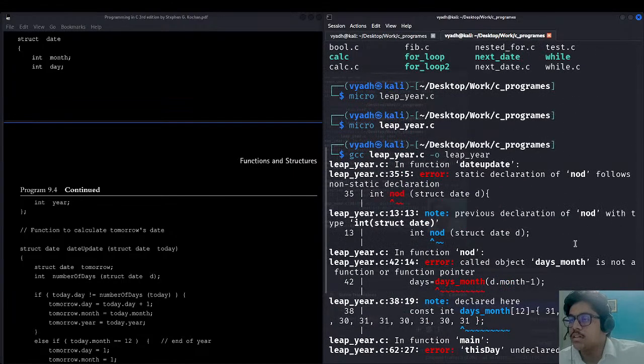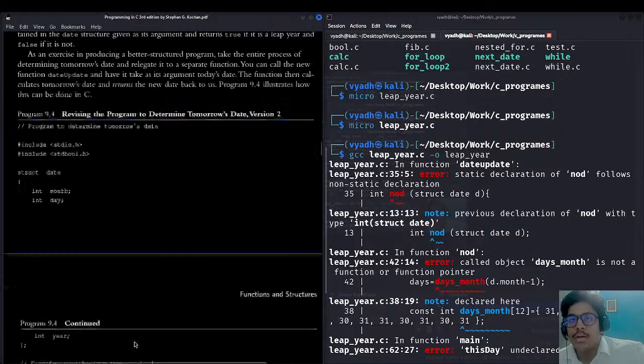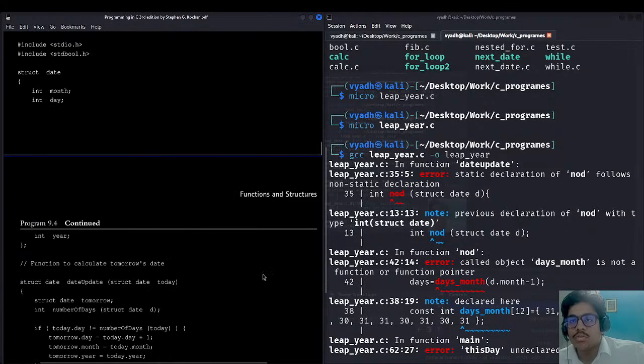हाँ भाई बताओ क्या दिक्कत है? हाँ, स्टैटिक डिक्लेरेशन ऑफ नोड फॉलोज नॉन स्टैटिक डिक्लेरेशन। पहले डिक्लेयर नहीं किया मैंने एनओडी, तो इसने भी डिक्लेयर नहीं किया।